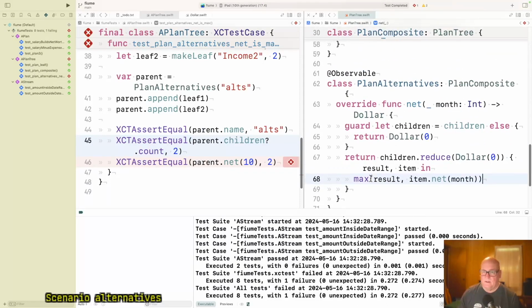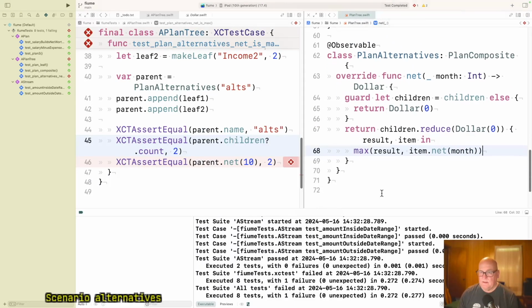It would be lovely to just pass in max as a function and have it apply it. Take the top half of the alternatives. We'll take the max of the streams, but even this is not